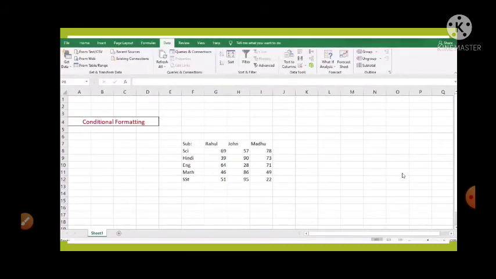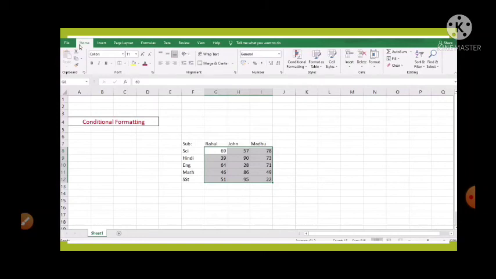Now see, here already we are having all the data on the worksheet we are using. So the steps for applying conditional formatting: step number 1 is just select the cells on which we want to apply conditional formatting. So we have selected all the cells, that means all the values here, and then select the home tab by clicking on it in the Excel 2016 ribbon or any Excel.